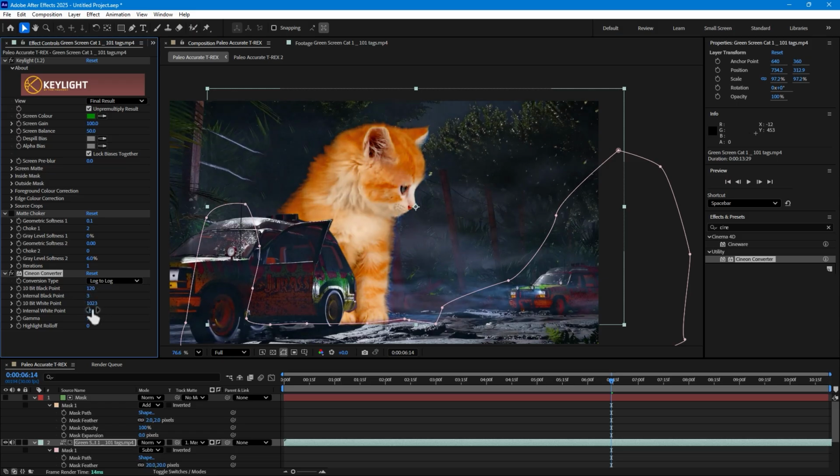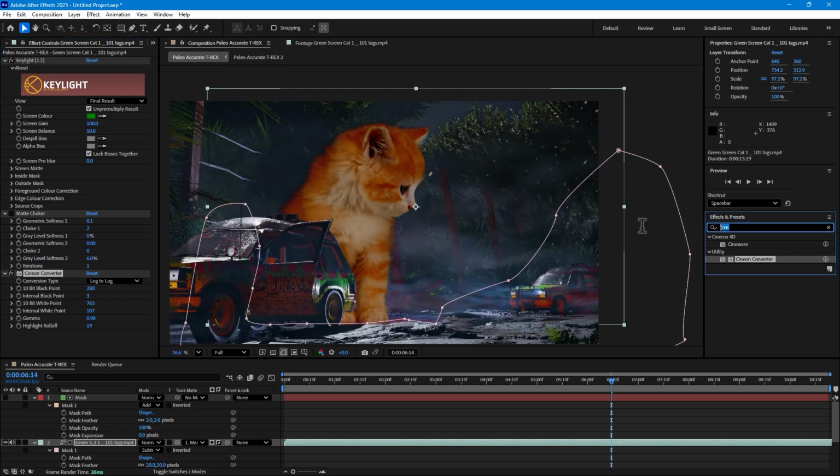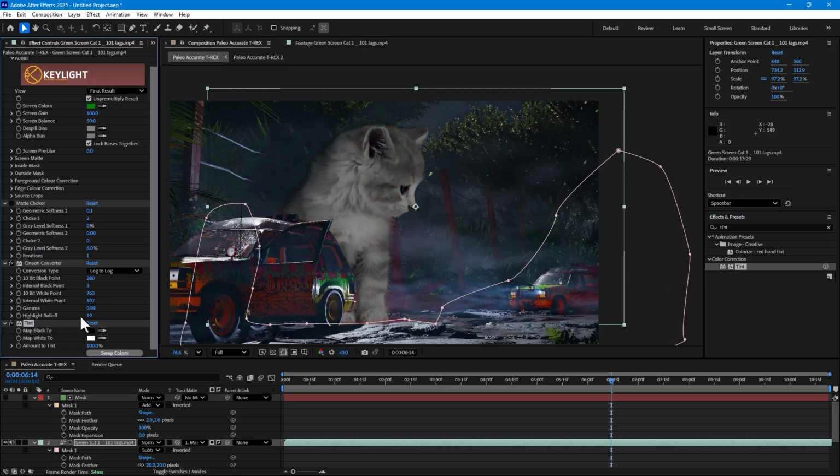Control the brightness, contrast like this. Don't forget, write Tint effect, double click, make the saturation a little bit,